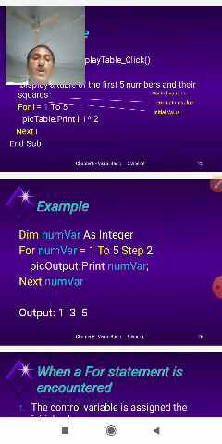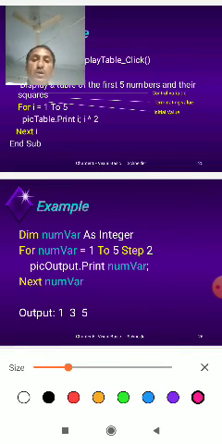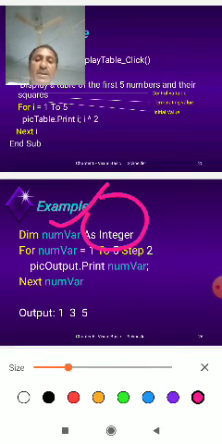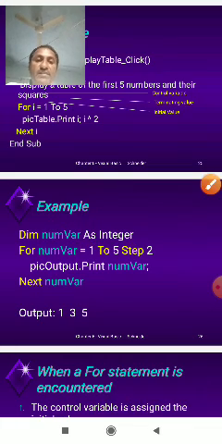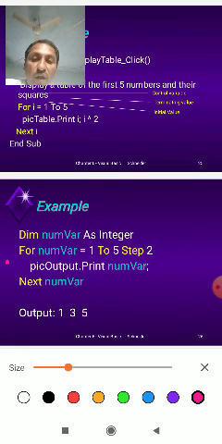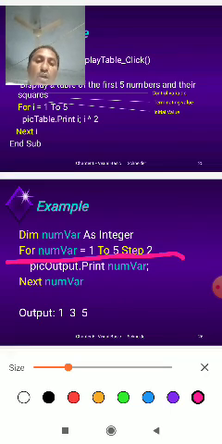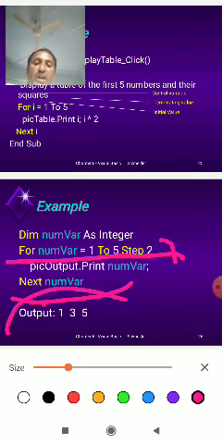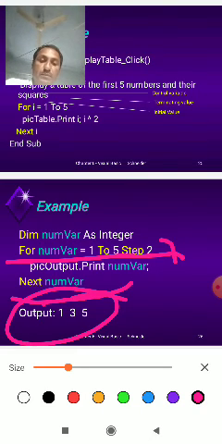Dim number as Integer, and next For number equals 1 to 5 Step 2, Print the value of the number variable, and Next number. The output will be 1, 3, 5.